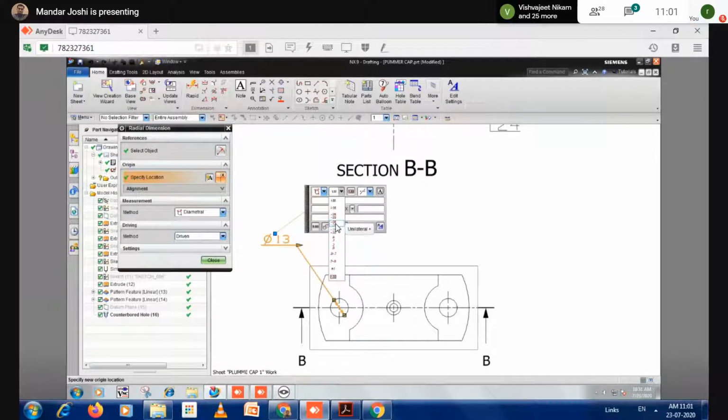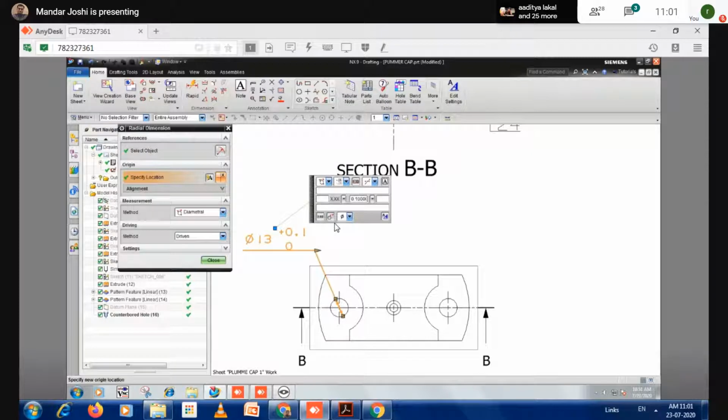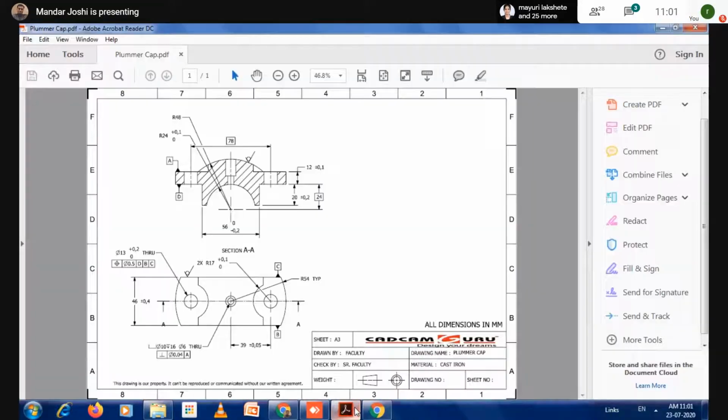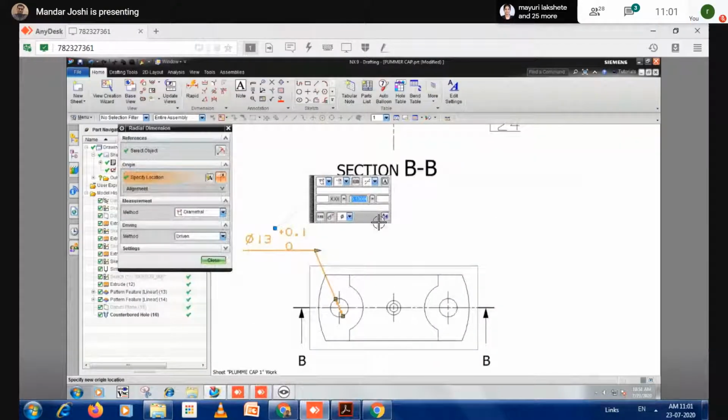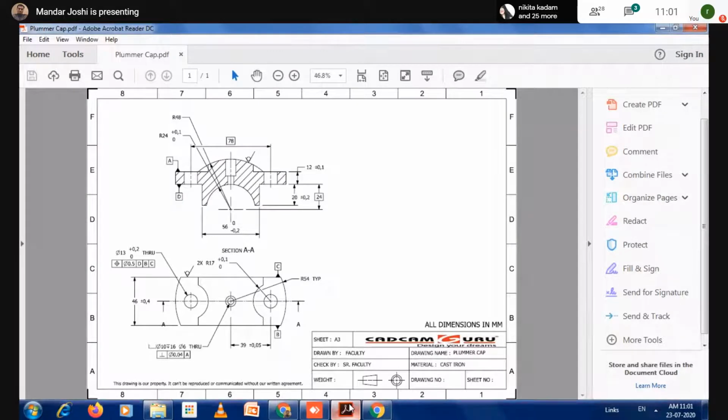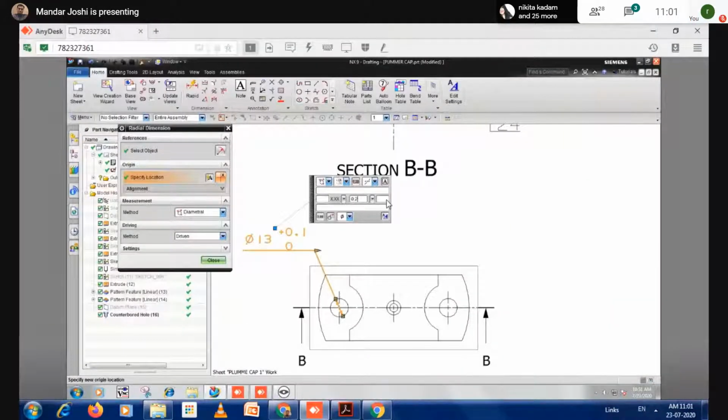Here is unilateral plus, the other is unilateral minus. So I want to take the positive unilateral tolerance. So I'm taking this, and the tolerance value, whatever it is, you have to mention in this box. How much is that value? 0.2. You put that value, and after that something is written there. What is written there? Through. Okay. So that through you can put here.